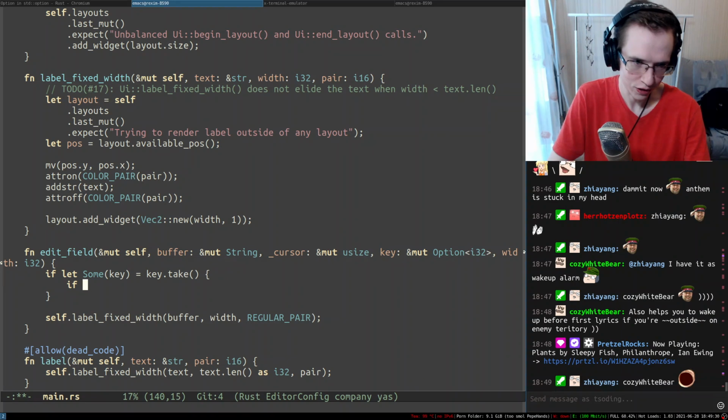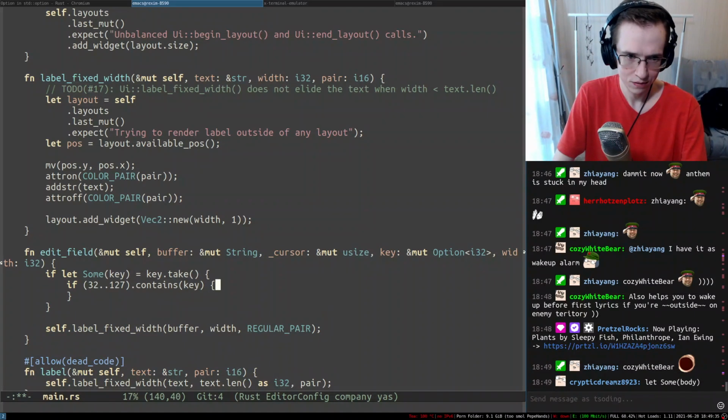I suppose we can check if something like 32..127 contains key. If this thing is contained in there,